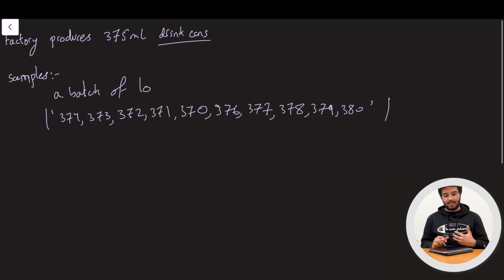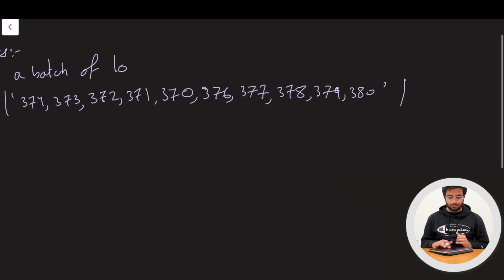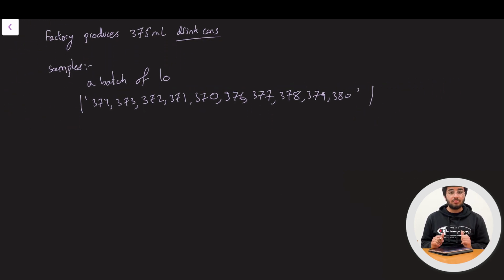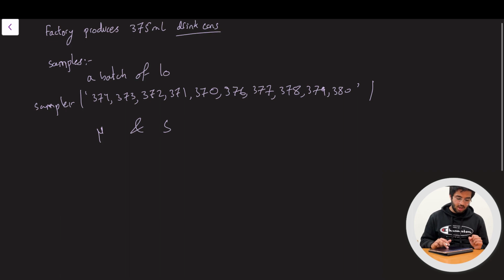Here's where some of the maths starts to pop out. Here's where it starts to get a little bit technical and tricky, but bear with me, we're going to get through this very easily. So this sample, I'm going to start calling it a sample now, it's going to have a mean, and it's going to have a total. The mean is obviously the average of all of these values. Total is the total of all of these values.